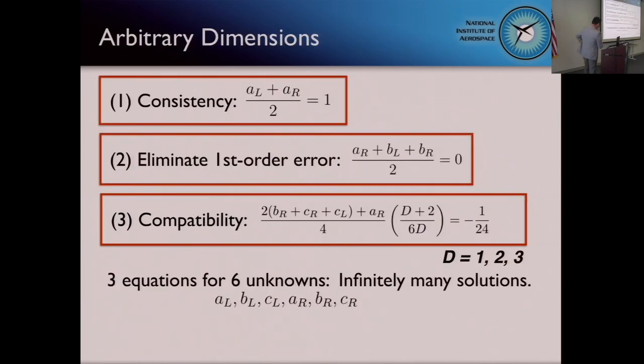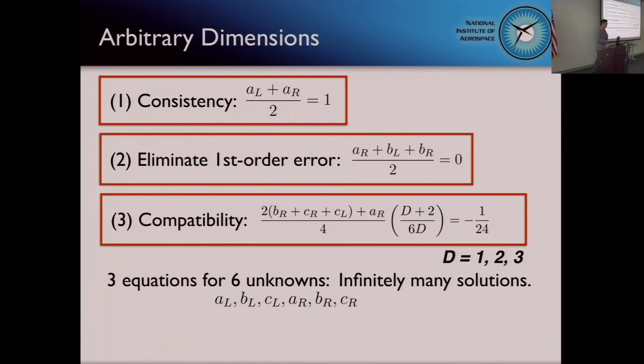And we can show in arbitrary dimension, that was 2 dimensions. But we did analysis on 3D tetrahedral grids. And we found that this compatibility condition can be written in terms of the dimension constant d. So if d equals 1, this comes from the 1-dimensional scheme. And d equals 2, 2-dimensional on triangular grids. And d equals 3 for tetrahedral grids. So we have 3 conditions lined up, and then we have 6 unknowns. So this is an underdetermined problem, and there are infinitely many solutions.